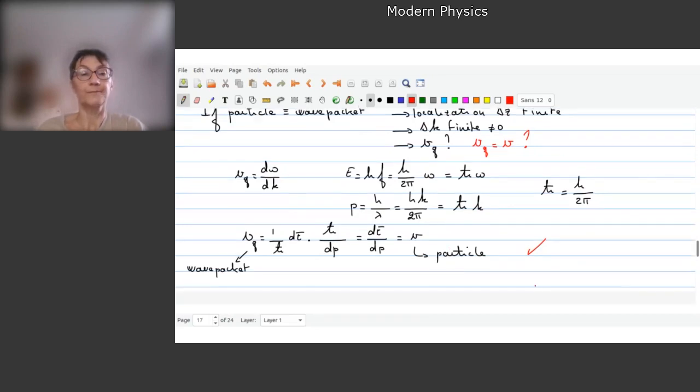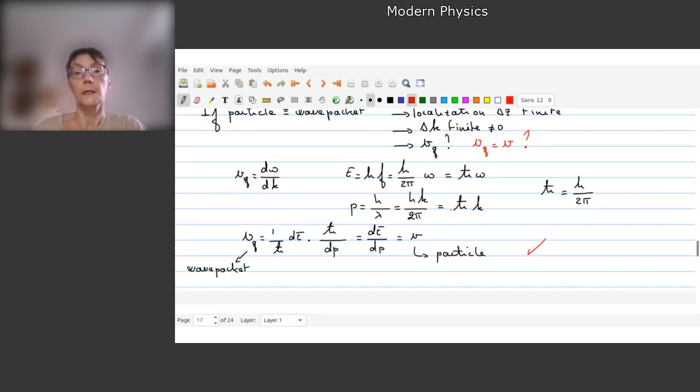And so we write the group velocity of the wave packet, d omega over dk. Omega is E over h bar, so d omega is dE over h bar, and dk is dp over h bar. So you write it and you find that this is dE over dp, and this is v,